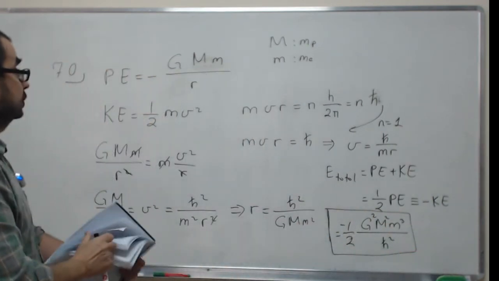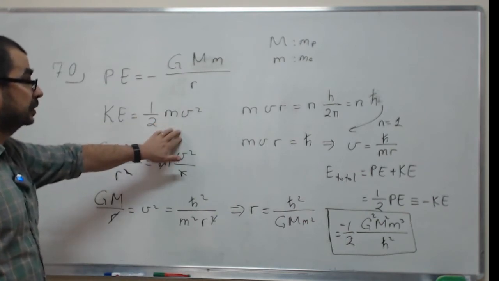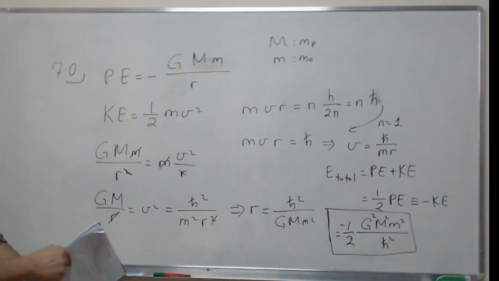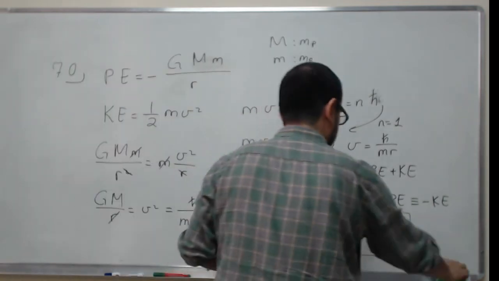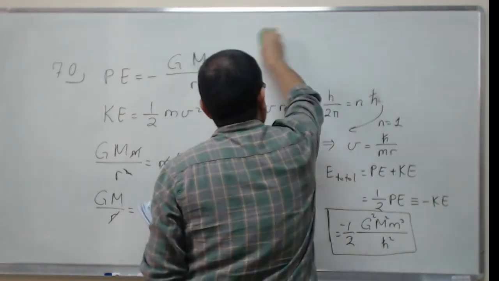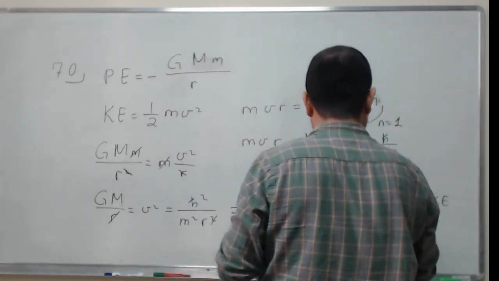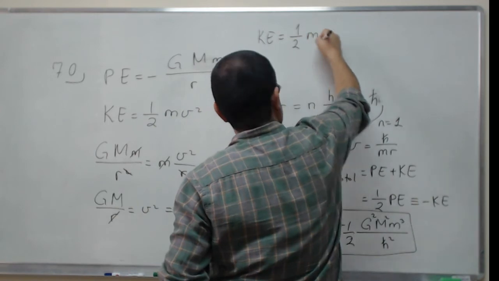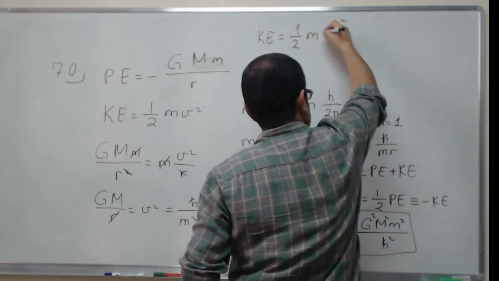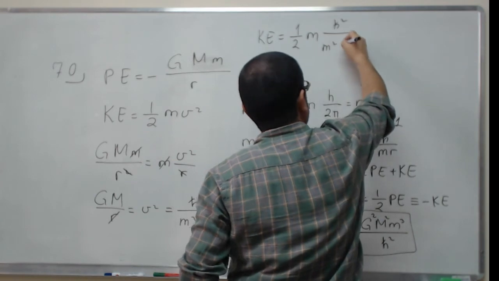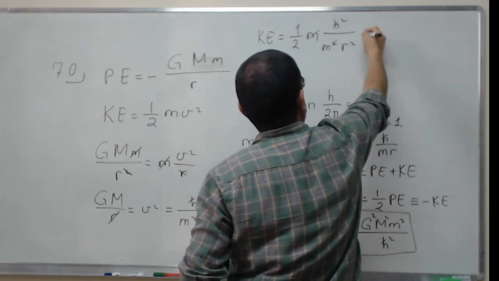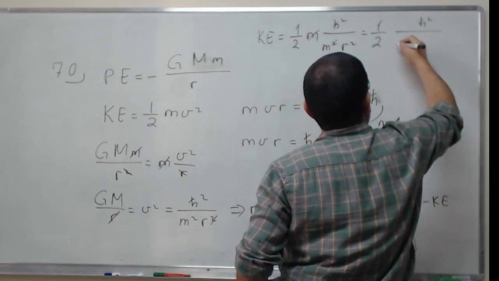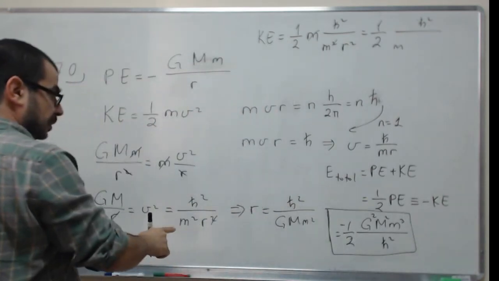Otherwise, what you need to do is to calculate this, and then calculate this by using this expression, and again substitute the R value. So let's show that just very quickly. Let's substitute this expression into here and see that we're actually getting the same expression as over here. So the kinetic energy is going to be a half m v square. v square is h bar square by m square r square, so this goes away. This is a half h bar square by m. Now r square is